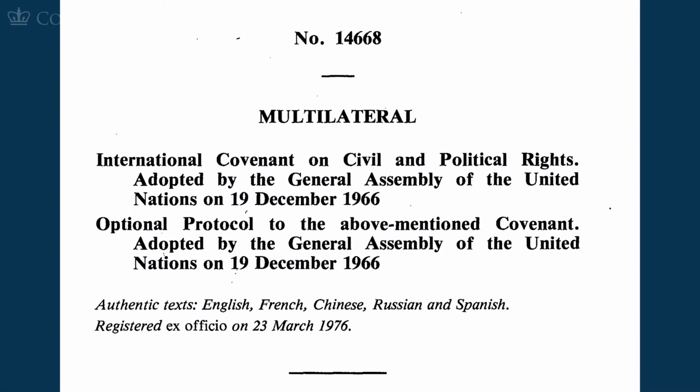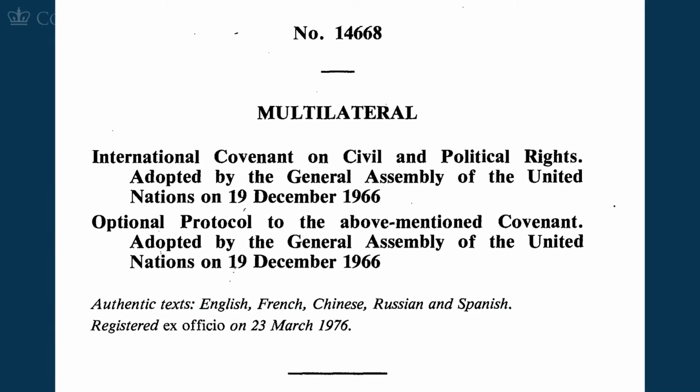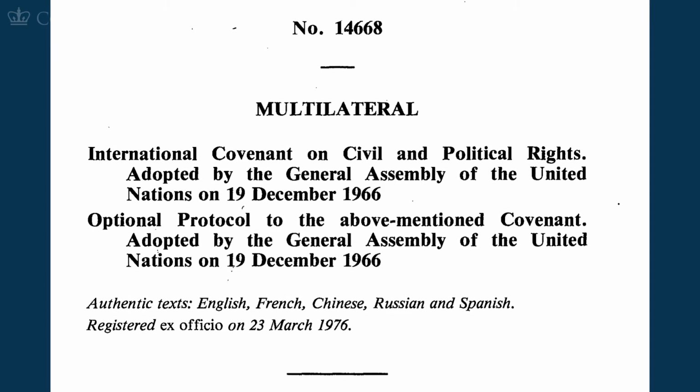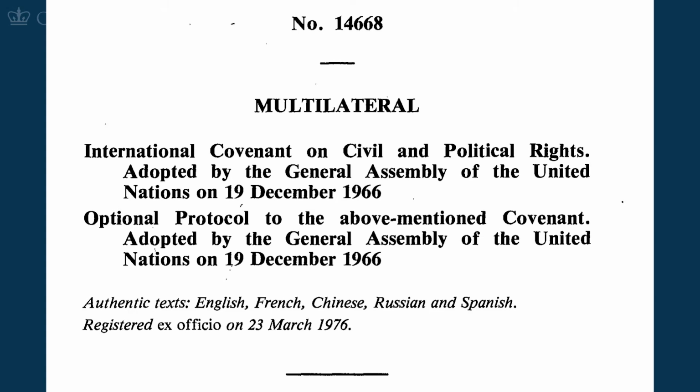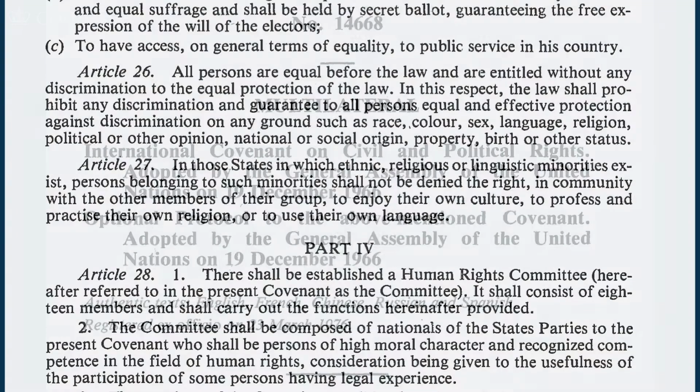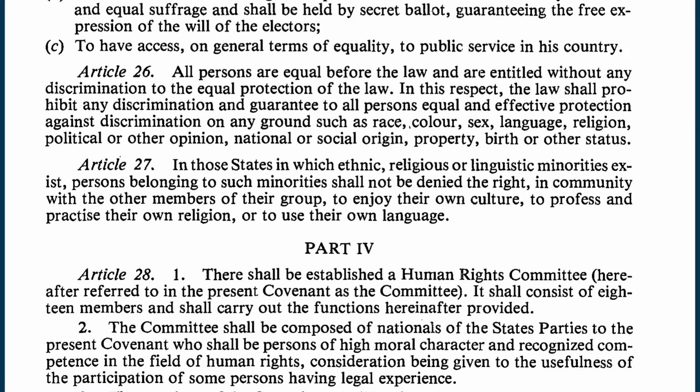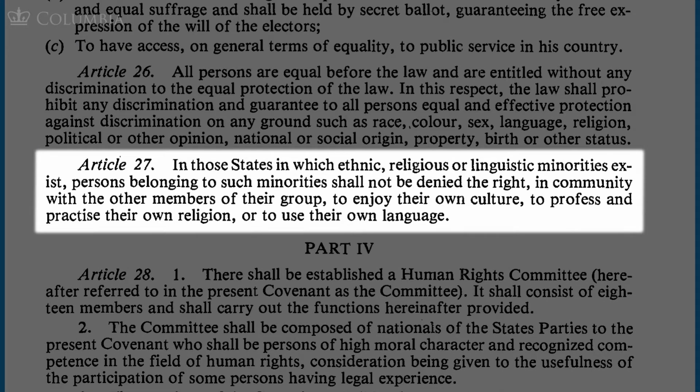They have done so with some significant results, with positive outcomes for them, such as various cases under the International Covenant on Civil and Political Rights. For example, in a series of Sami cases, some of which are included in your bibliography, the Committee on Civil and Political Rights, Human Rights Committee as we call it, has found in favor of upholding Sami rights to decide their own membership and has recognized certain traditional economic activities as an indispensable part of upholding Sami cultural rights under Article 27 of the International Covenant on Civil and Political Rights.